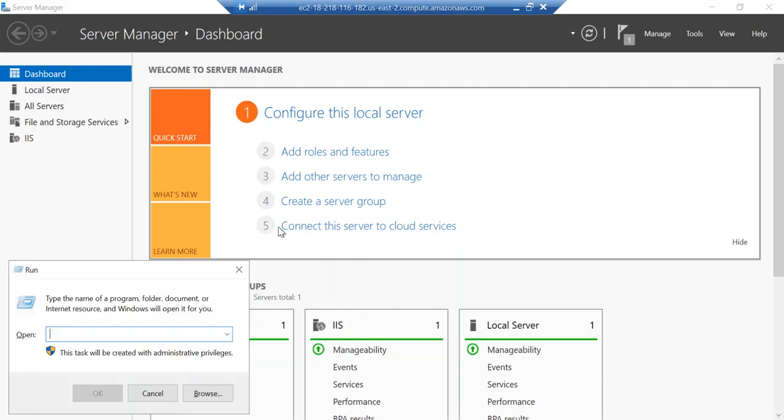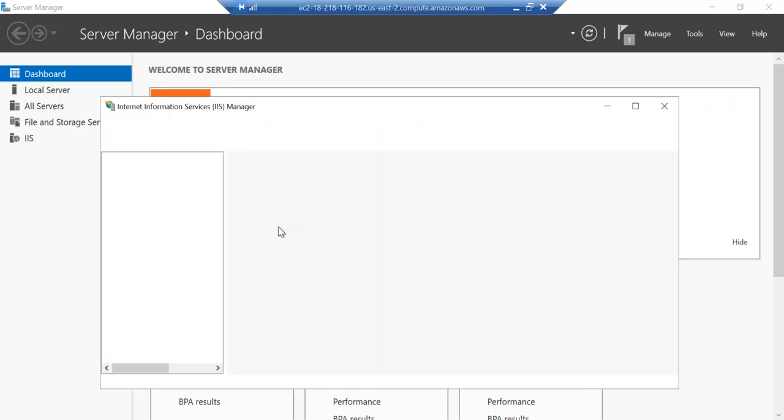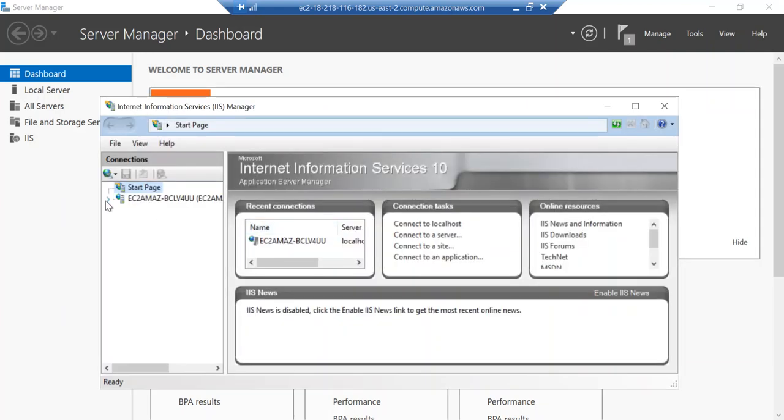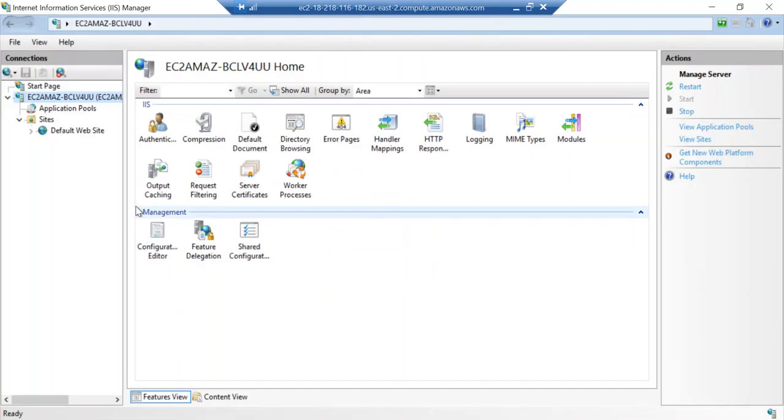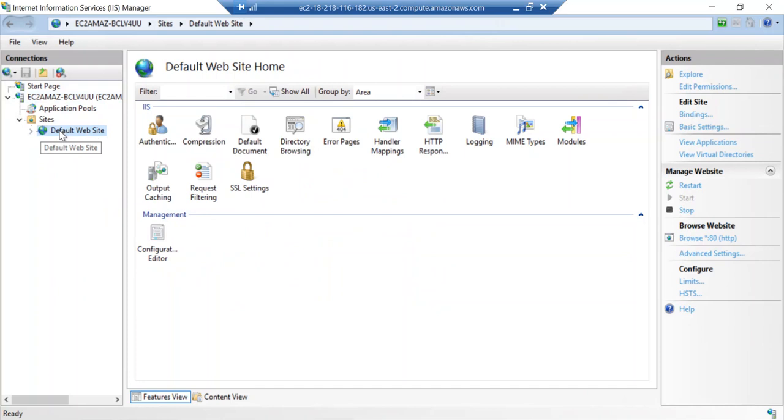Let's open IIS. inetmgr is the shortcut command to open IIS web server. Just expand this, expand sites, then default website.